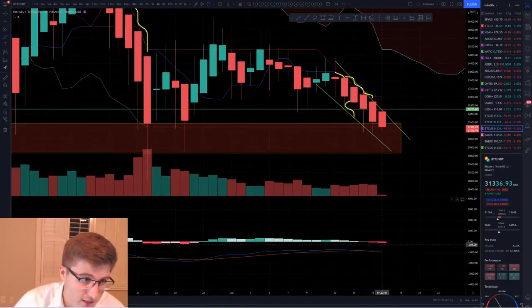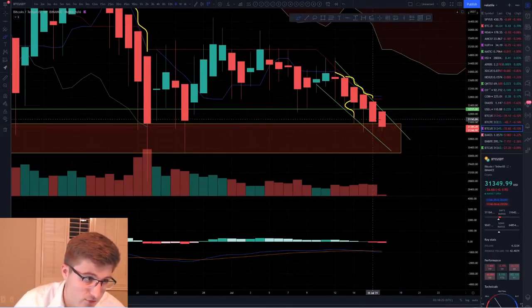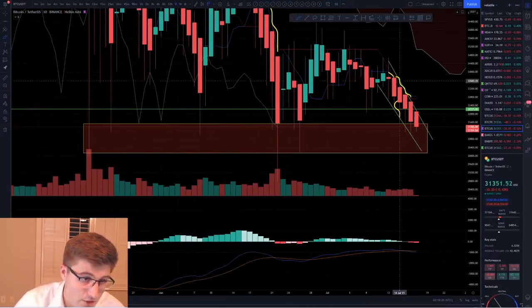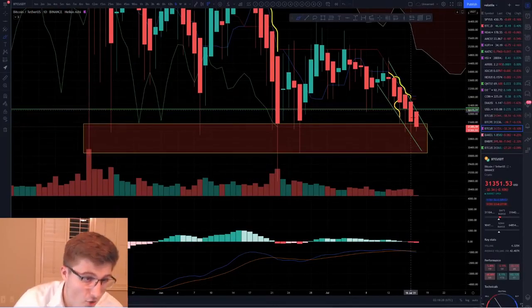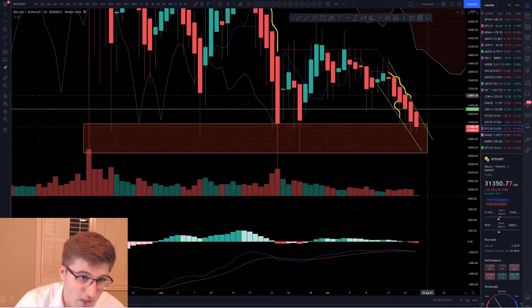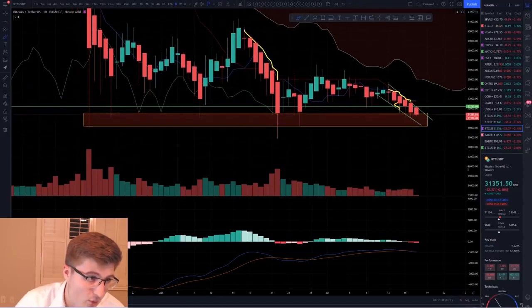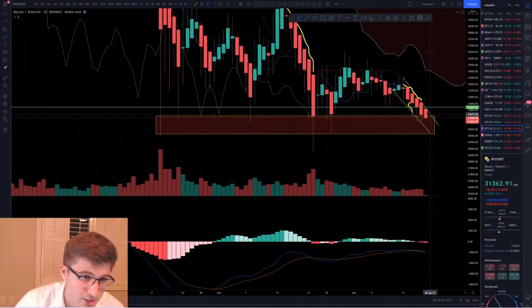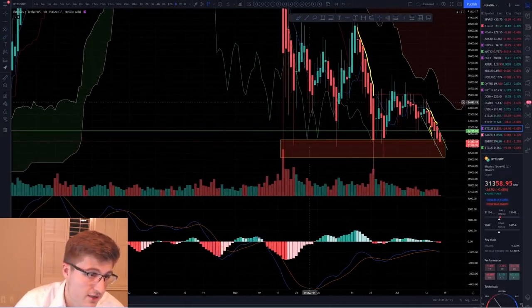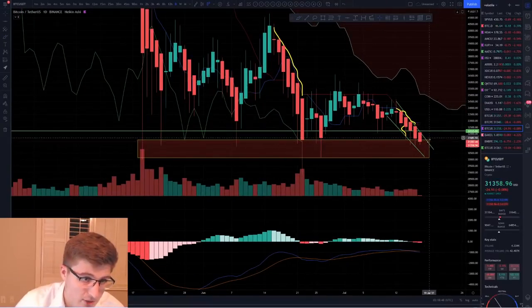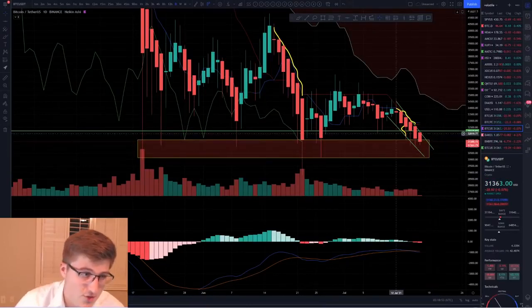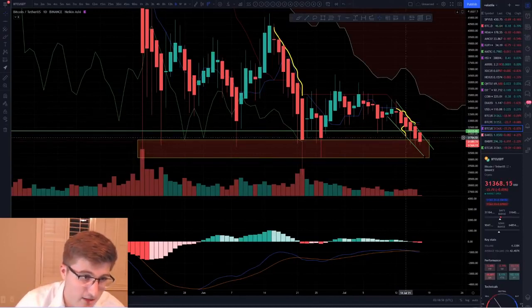MACD's pointing towards it. We broke through and had a daily candle close a little bit lower than expected. We're just now kind of starting this downtrend. Hopefully, we reverse it and have some sort of candle close above this 32K level. A lot of resistance at 32K for your information, so that's going to be an important level to watch. We do have this 316 level, the daily close, which is the pivotal point on the daily time frame. We might come back up and retest it and then break down, because we are in a downtrend off that 316 level.